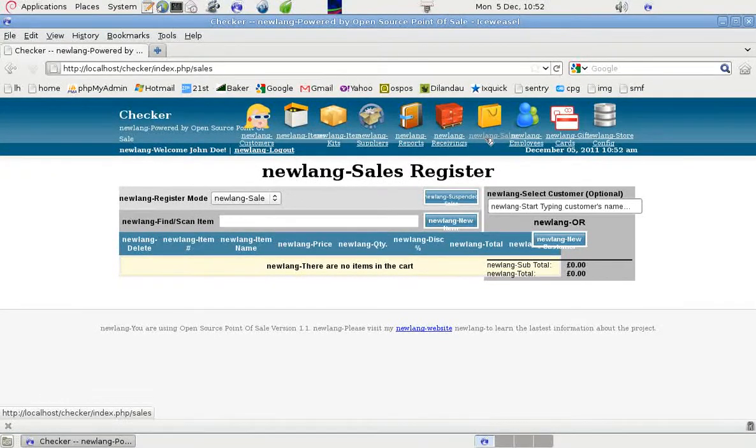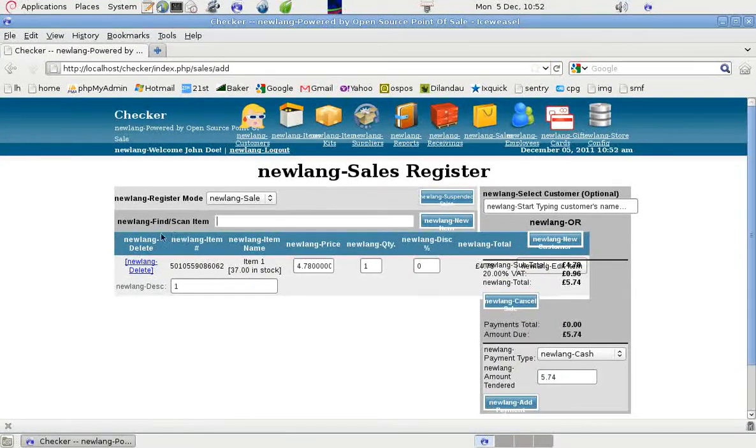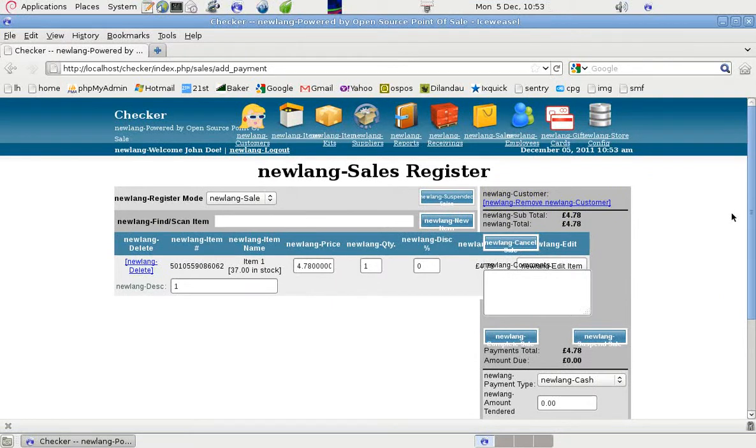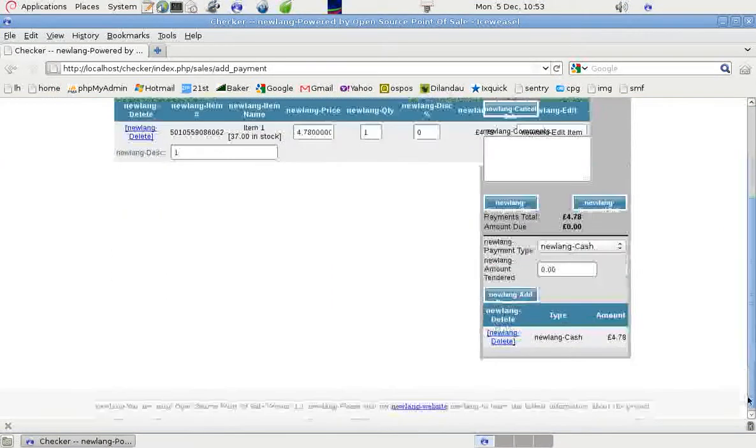So what the user of this program will see, the till operator, the sales assistant, whatever you choose to call them, will see whatever you put in those files. It will still process sales the same, so let's put in something. Let's do item 1, and let's see if we can find a customer. Okay, let's now process the sale. It's a little bit confused because of those extra letters in there, but I can still do this. If I then complete the sale,